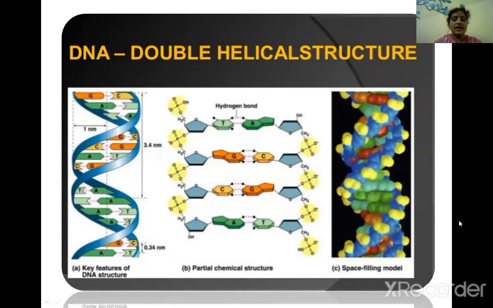The double helix has some physical parameters. The diameter is 20 angstroms, and the pitch or helical turn is 34 angstroms, or 3.4 nanometers. The number of residues per turn is 10 base pairs per turn in crystal, and 10.5 base pairs per turn in solution. The twist of the sugar-phosphate backbone per base pair is 36 degrees.